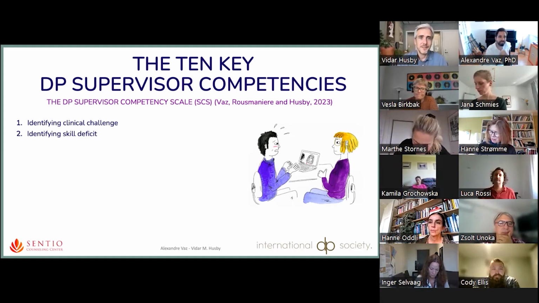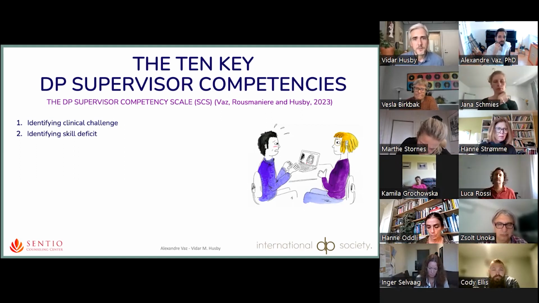The next key competency is to identify a skill deficit. You recognize this from the model we just reviewed. You will learn to efficiently guide the collaborative process towards identifying what the trainee is doing in response to the clinical challenge that seems ineffective. And this one is a hard one, I think, and I've been practicing this a lot